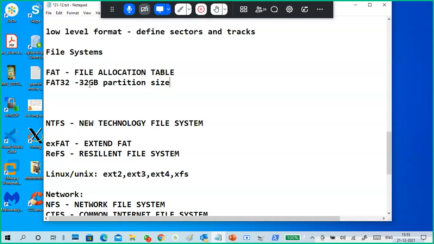The maximum file size is 4 GB. So not more than 4 GB data we can store. Like if you have a single file with 4 GB, you can't store it in a FAT file system. Okay, so that's the thing.